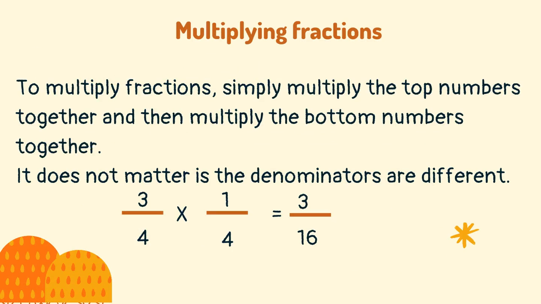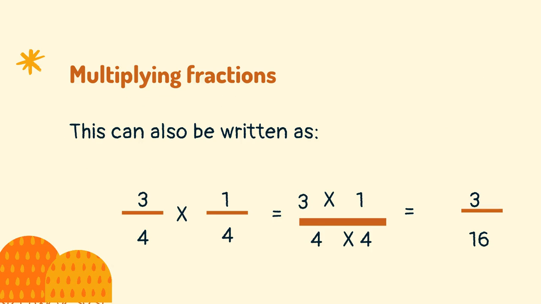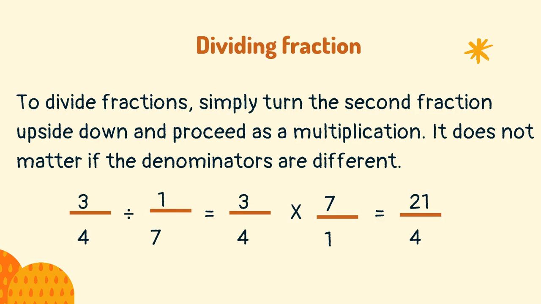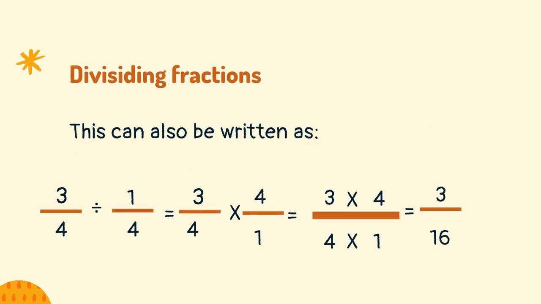To multiply fractions, simply multiply the top numbers together and then multiply the bottom numbers together. It does not matter if the denominators are different. This can also be written as: to divide fractions, simply turn the second fraction upside down and proceed as a multiplication. It does not matter if the denominators are different. This can also be written as: